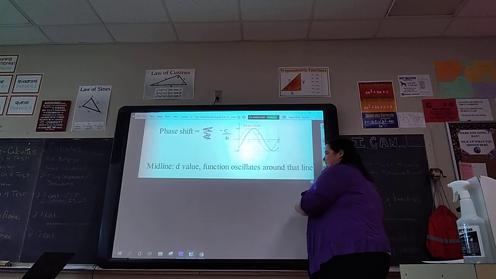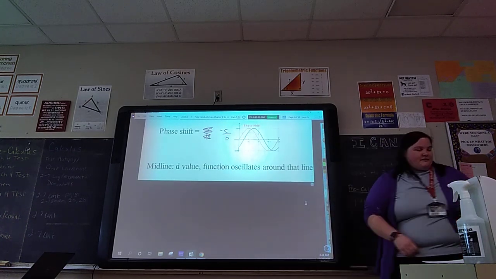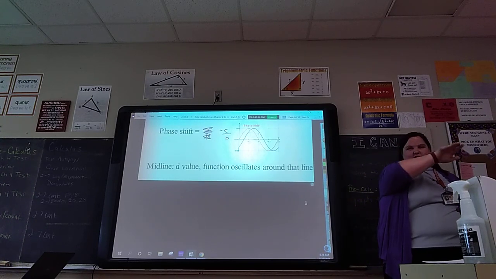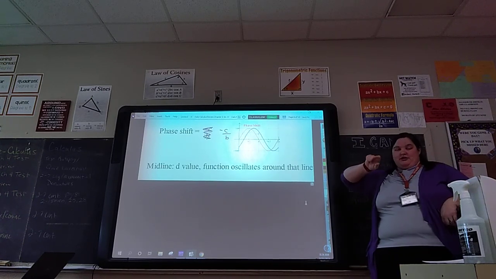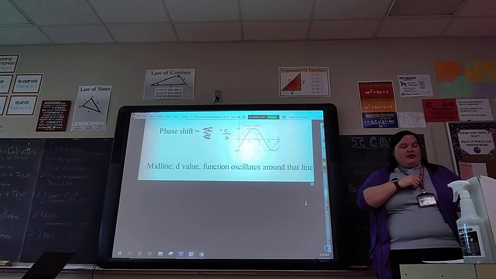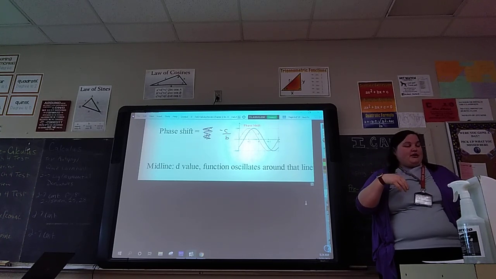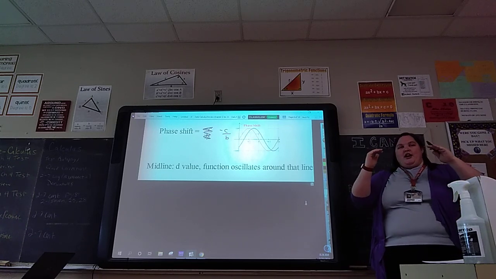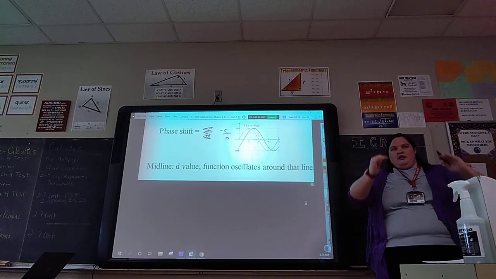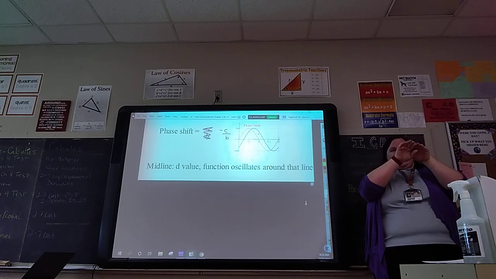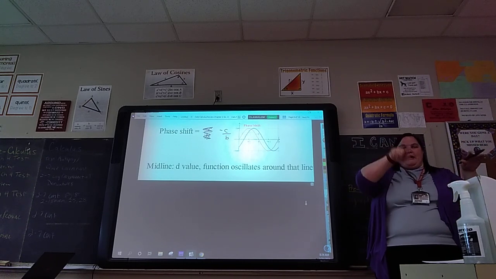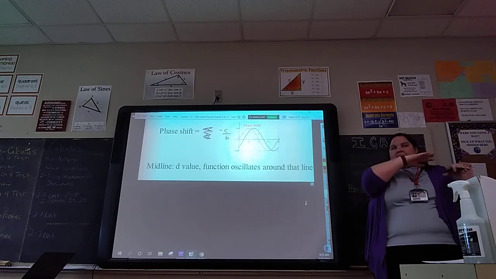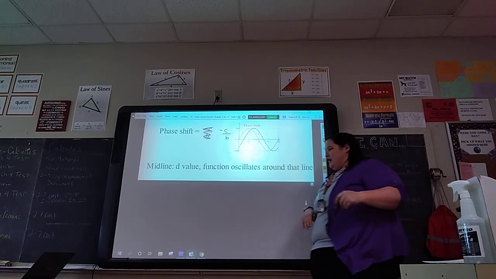Okay. Last thing. So typically the midline is right down the x-axis. Okay. If you look at all my little pictures, all my little snips that go with all the little things we'll analyze about the graph, it is all down the x-axis. Now every once in a while though, we can take our graph and shift it vertically. So we basically change the midline of the graph. So instead of just bouncing back over the x-axis, it bounces over this midline,